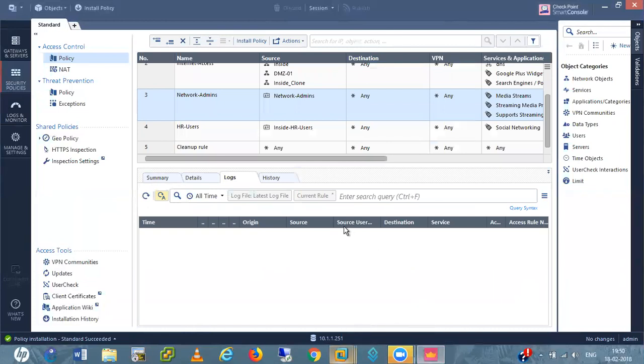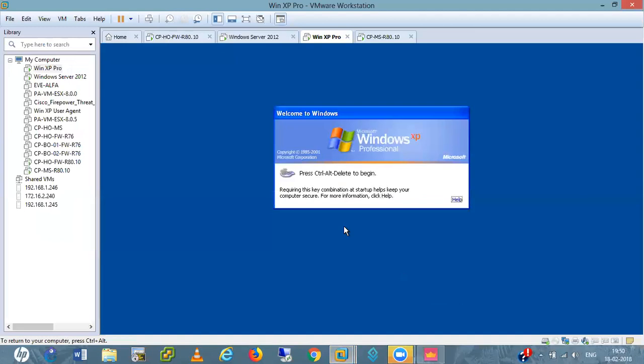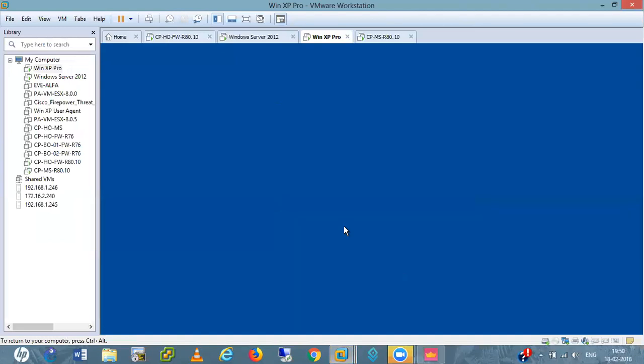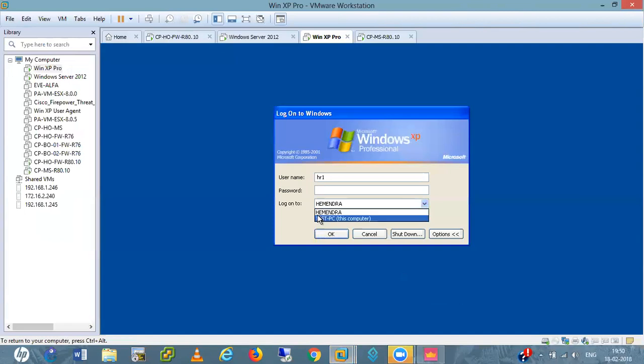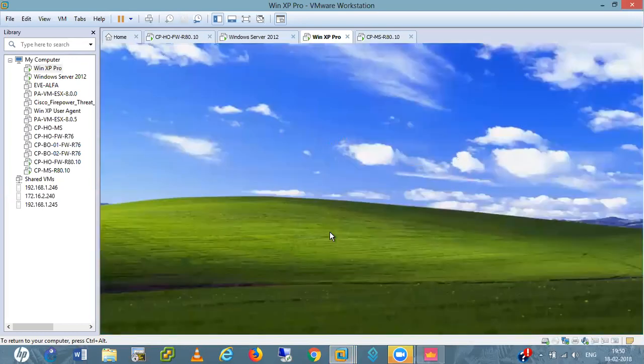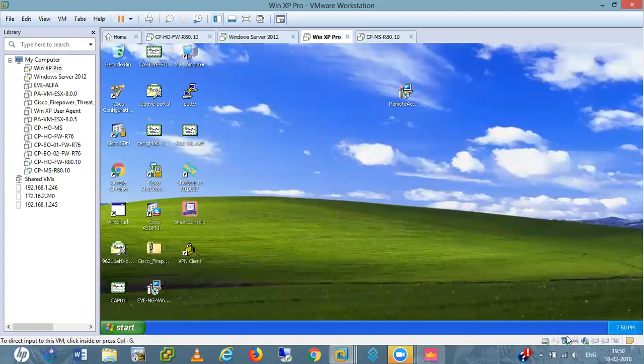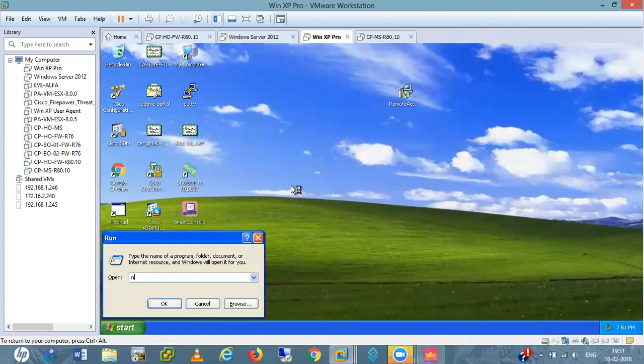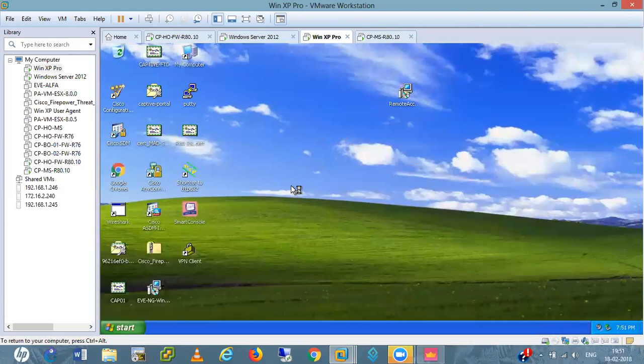If I go to my system again and log in as a normal user, as a normal PC, not as a domain, Administrator, okay, that's fine. ncpa.cpl.